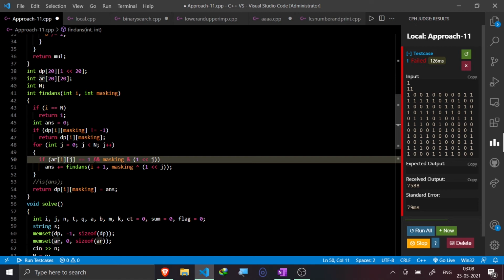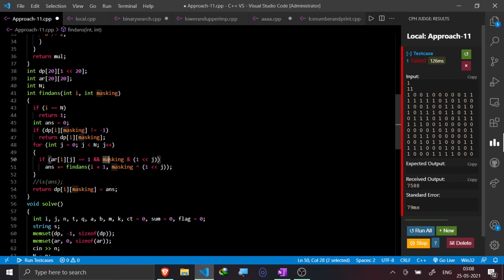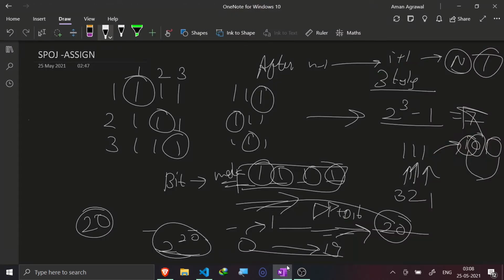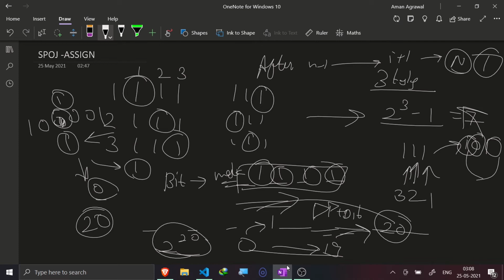So this condition is required, and then I can select only that task for which the bit at that position is set. Suppose my mask number is something like this. If I take this J position till here and check if it gets 0, that means the bit at this position is not set, and if there is 1, then after ANDing this would become 1. This would imply that the bit at this position was set, and hence I can proceed with the solution.